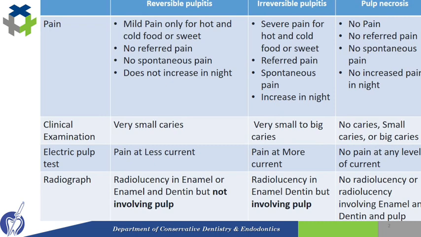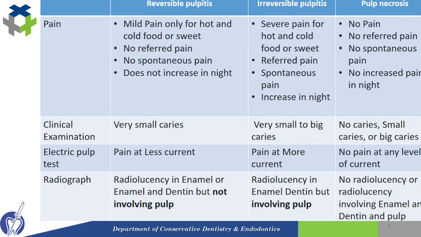Whereas in case of irreversible pulpitis, there will be severe pain for hot and cold food or sweet. Referred pain would be there, and also spontaneous pain would be reported by the patient, and also the intensity of pain will increase at night. Whereas in case of pulp necrosis, there would not be any pain, no referred pain, no spontaneous pain, and no